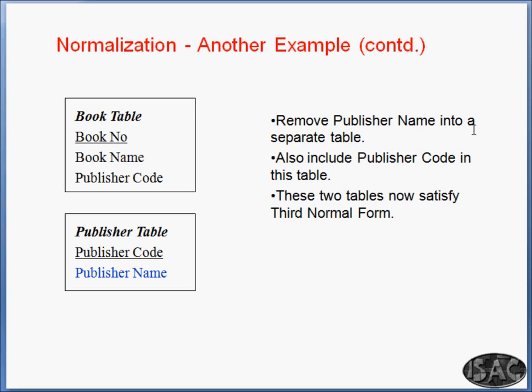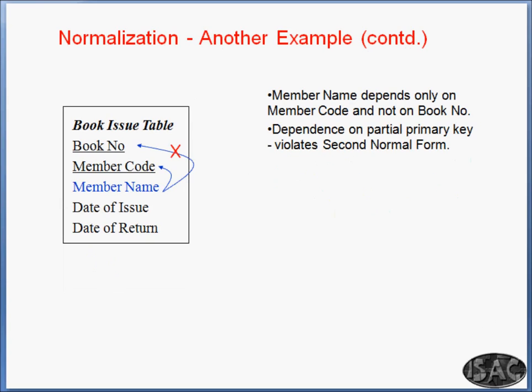So remove publisher name into a separate table and include publisher code there. Okay, so this is in third normal form. And this table, the member table, there we have to remove the member code and member name, because member name is dependent on the member code. So I can say, and member code is dependent on the book number, so it is having transitive,